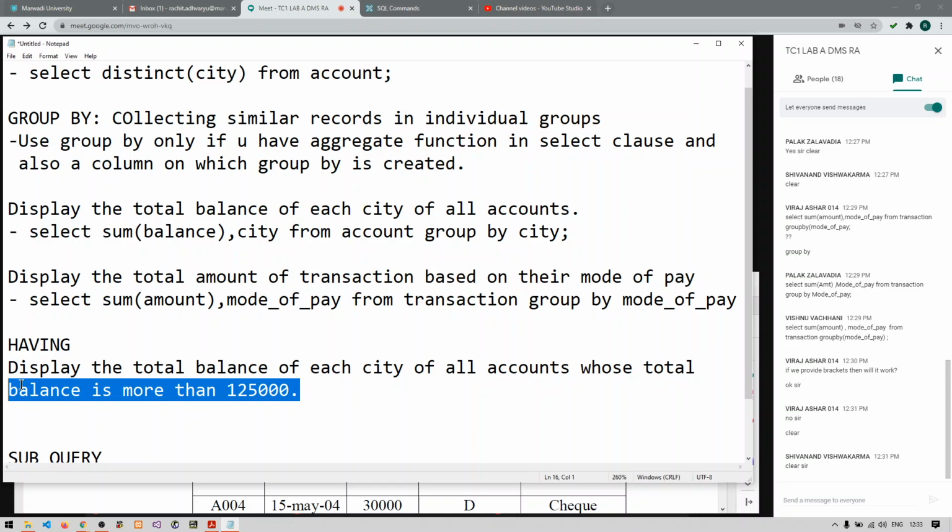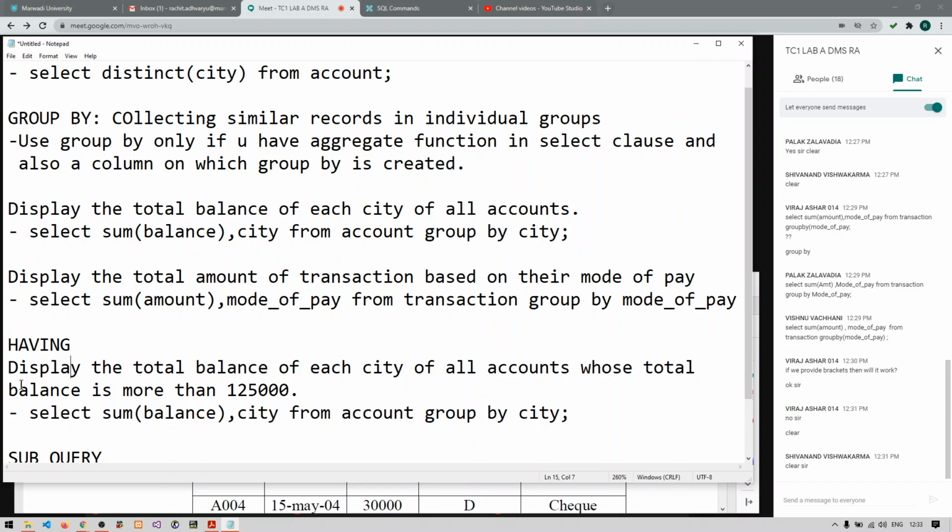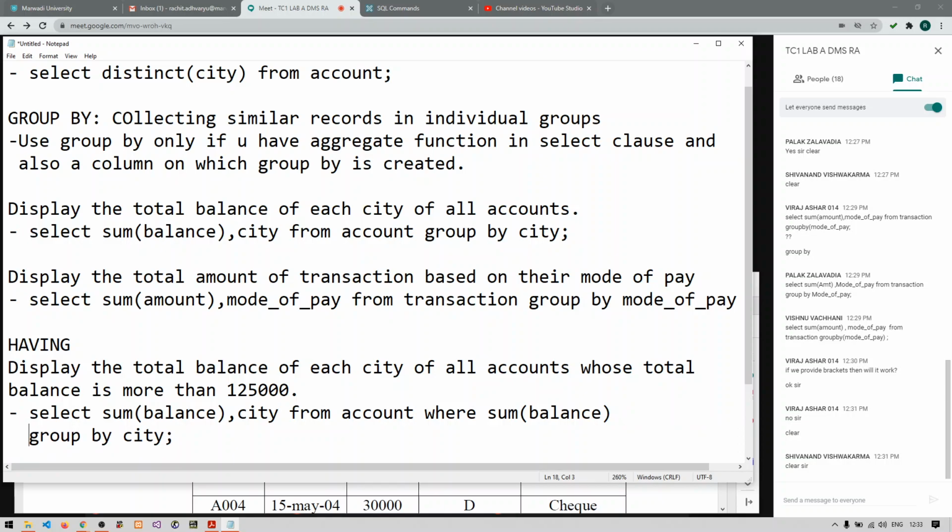We cannot use where condition like this. See, if you write like this, select sum balance city from account group by. Before that you write down like this, where sum of balance greater than 1,25,000 group by city.